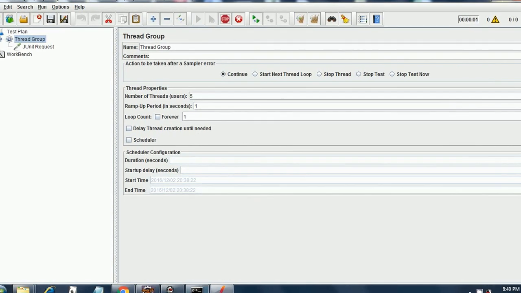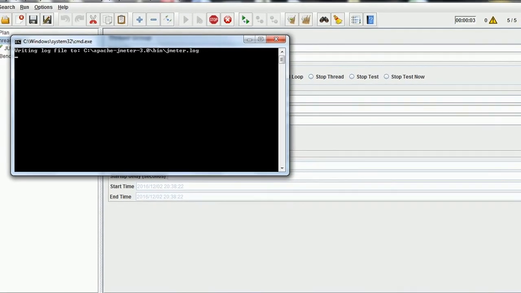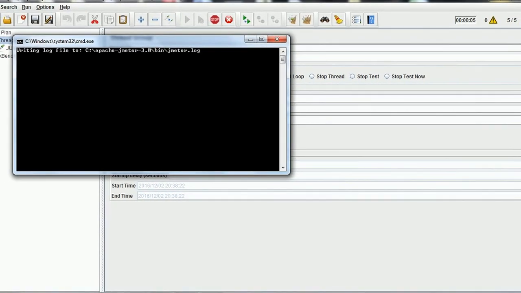Okay, I started it, and let's see how much time it takes. It will take half the time that it had taken when we opened the browser session. See, it completed. Even for 5 threads it has completed. So this is how fast the HTML unit driver works.